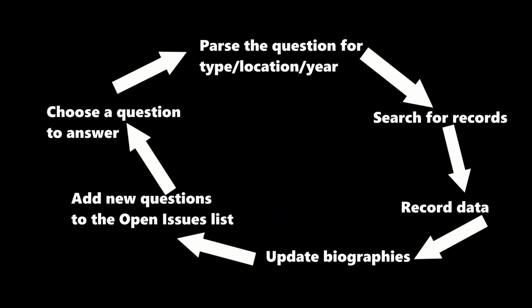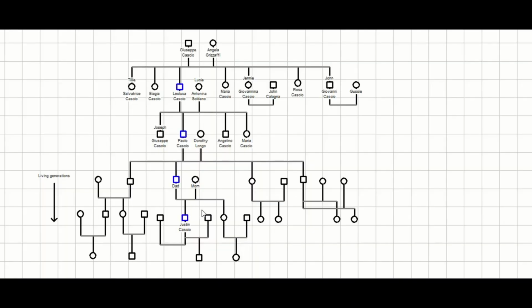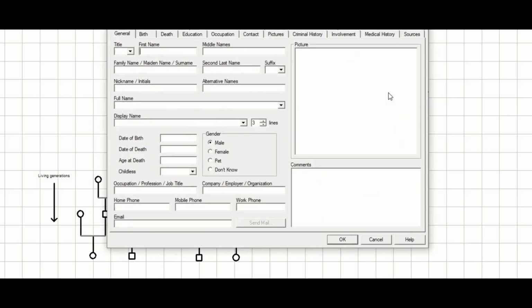Genealogical research is done using a cyclical process. You ask a question and then you answer it. But it almost never stops there. I find out the names of my grandmother's parents, okay? And then I want to know more about their lives and who their parents were. And so I can keep growing my family tree.